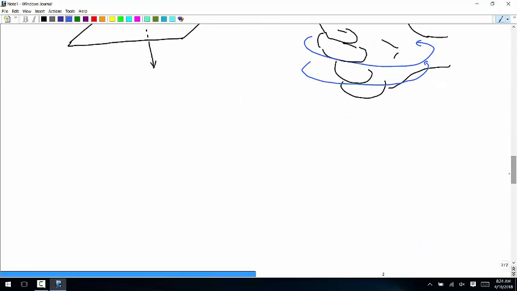Okay, so that's the first thing to keep in mind. Counterclockwise and clockwise is only a two-dimensional thing. In 3D, there's a little more to it. And then the second thing to notice about this